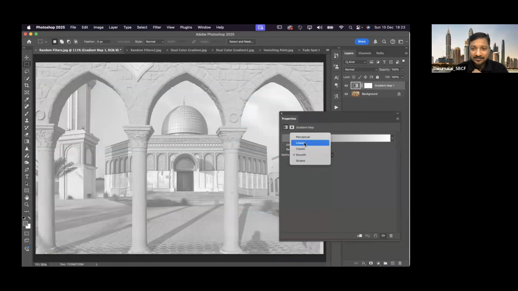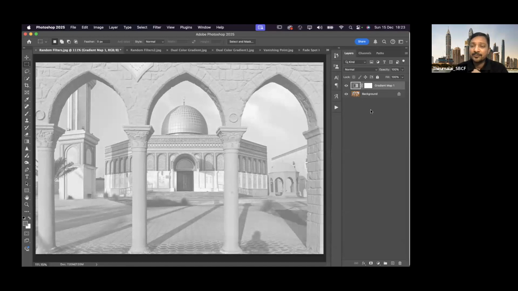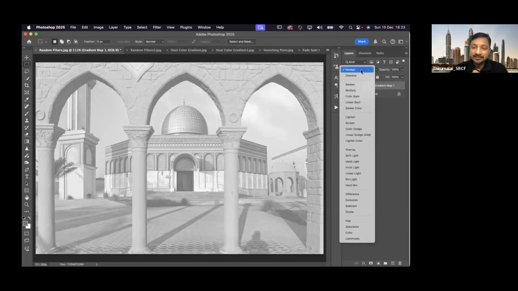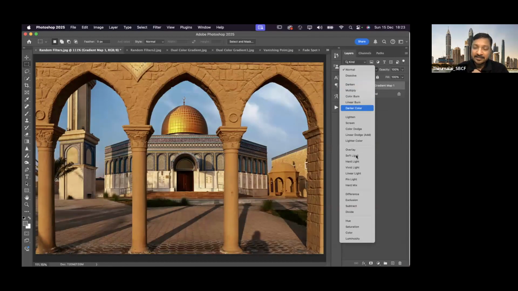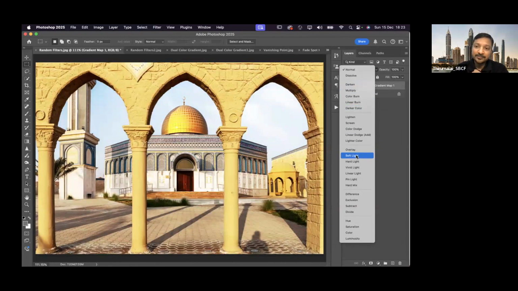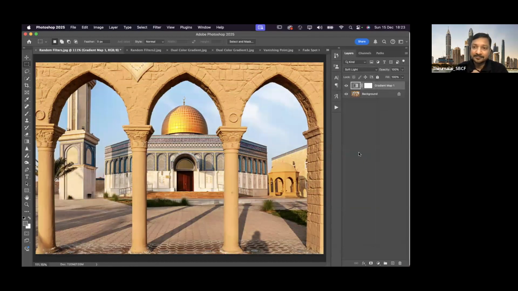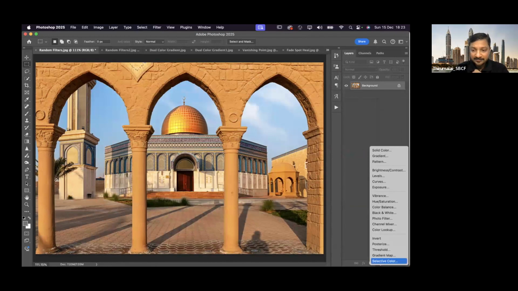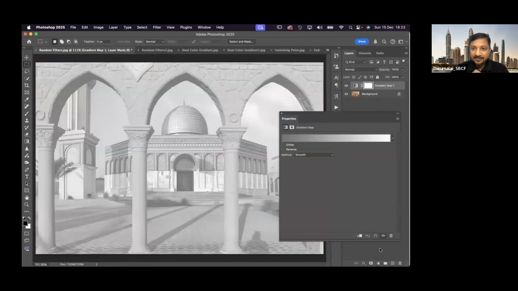You can change it to classic, linear, or smooth. But in this case, I'm going to generate a filter with colors. So I'll select this layer and set the blend mode to overlay, or I can choose soft light. I'll repeat this step again. I click on adjustment layers, gradient map,